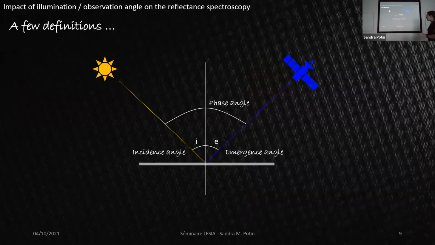Just to be sure that we start on the same page, I will start with a few definitions for the reflectance. It's not the formalism that is mandatory when we make reflectance. This is the one that is commonly used. Generally, we consider the incidence angle and emergence angle with regard to the normal of the surface. So incidence here, emergence here. And we consider the phase angle as the gap between the incidence angle and the emergence angle. So this whole angle that is here. Most of the time, we only define the geometrical configuration using this angle here.